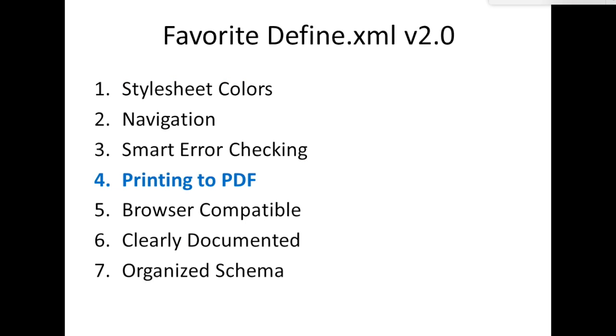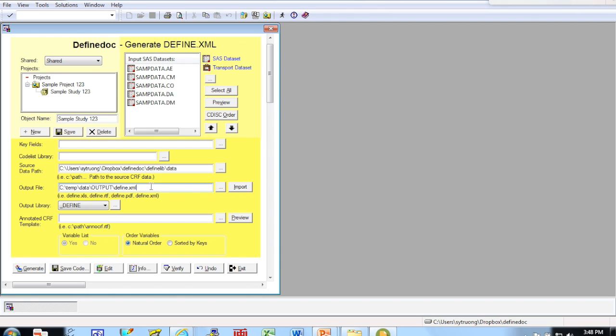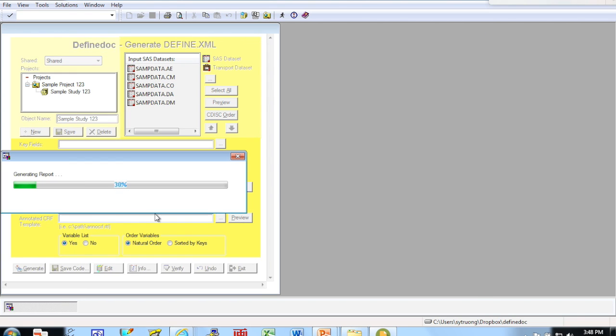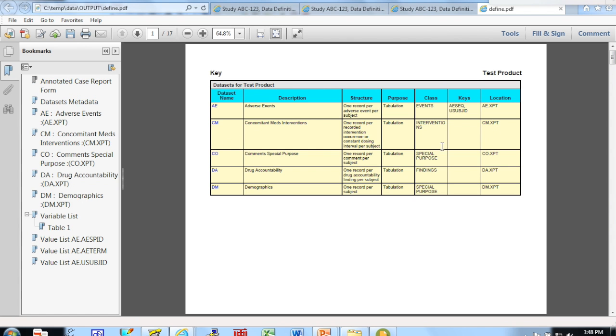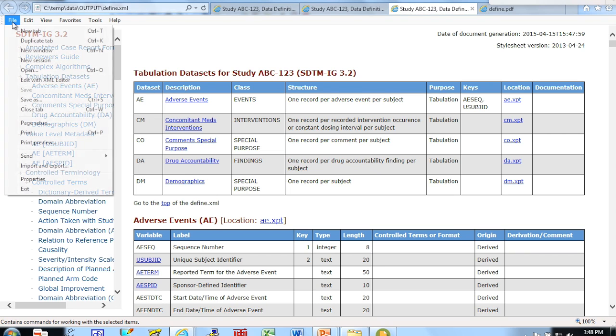But what you may want to do is print it to PDF. Now, there's an option where in the original Define, you can create a PDF by specifying the file extension. In this case, this program uses ODS and proc report to generate the PDF file. So you can generate it the old-fashioned way, what used to be done prior to XML. But what I suggest in the new version, the style sheet is nice enough that if you were to print this,